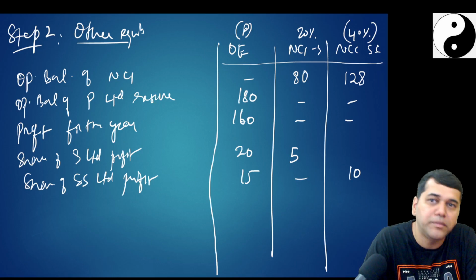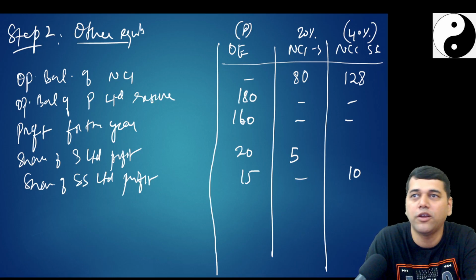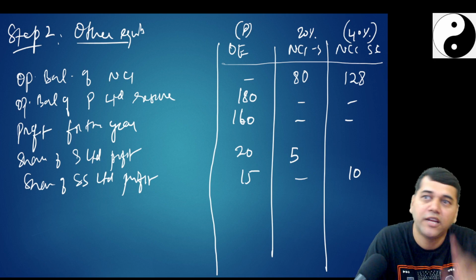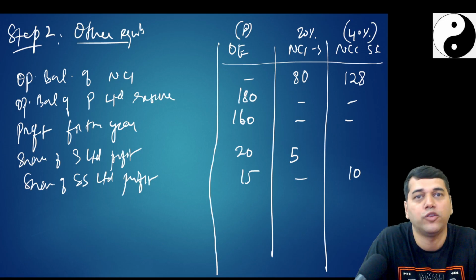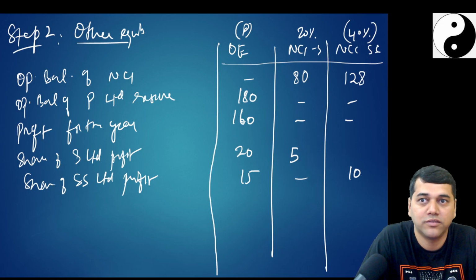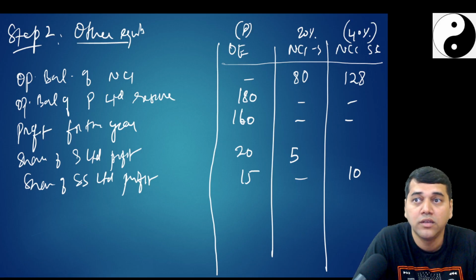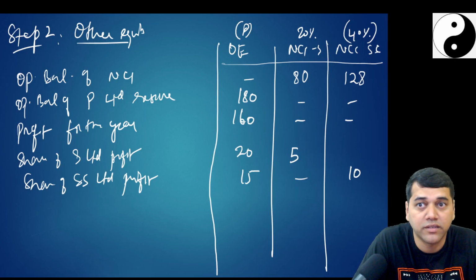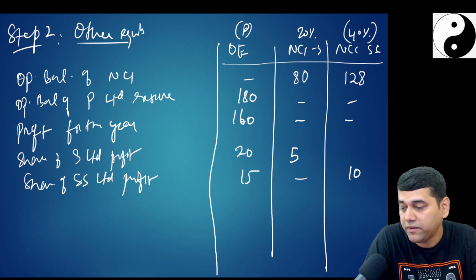Did SS Limited or S Limited declare any dividend? No, just leave it. Otherwise, you would have had one more dividend paid and you would have added it there previously. Let us go to the fair value adjustments, consolidation adjustments. Is there any fair value adjustment? No, because you took over at the book value. Is there any impairment of goodwill? Is there any interest on deferred consideration? Is there any upstream or downstream transaction? Yes. Upstream transaction is there. Now, what is my URP?